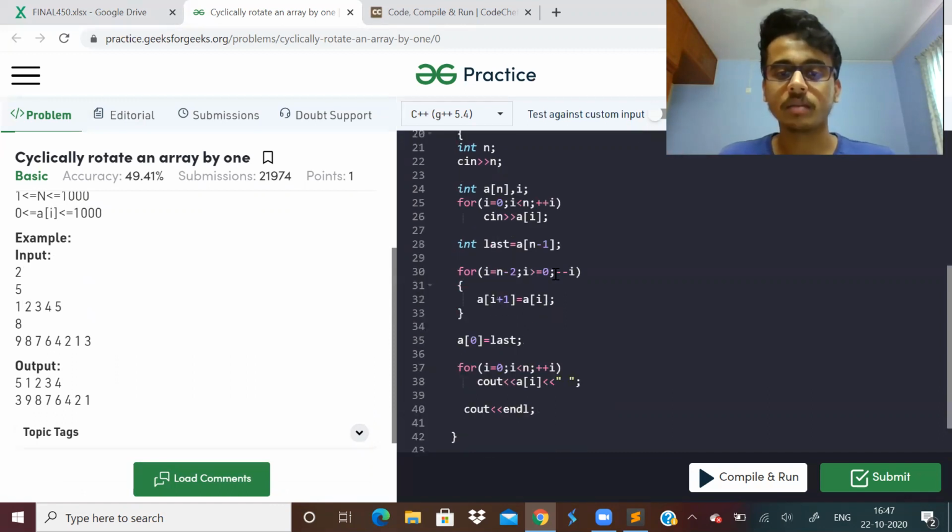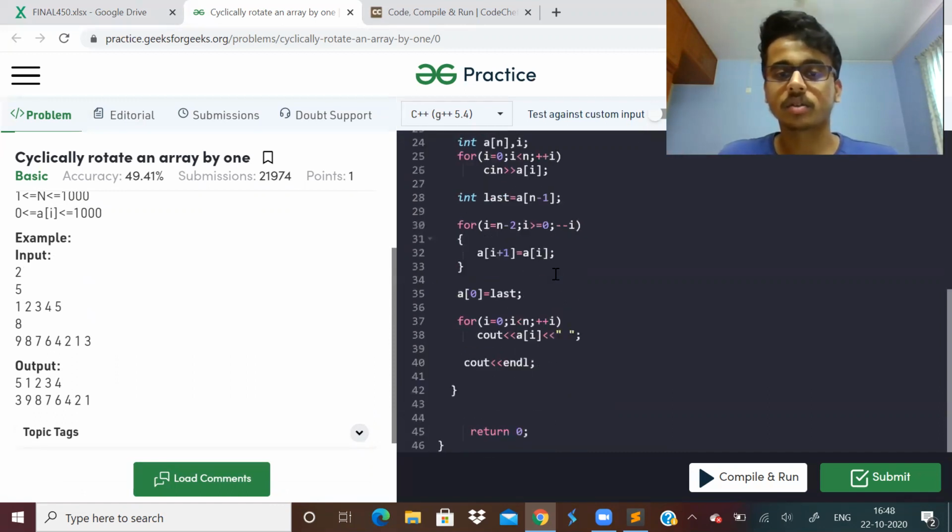So how do you shift all elements to the right side? For that, first keep a temporary variable called last, and store the last array element value in it. Then run a for loop from i equal to n minus 2 till i equal to 0. You say a of i plus 1 is equal to a of i. That means you are copying the previous value to the next value.